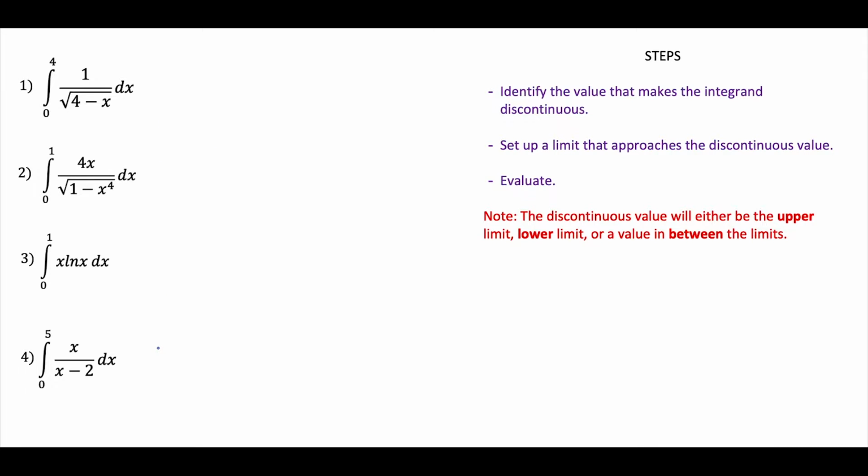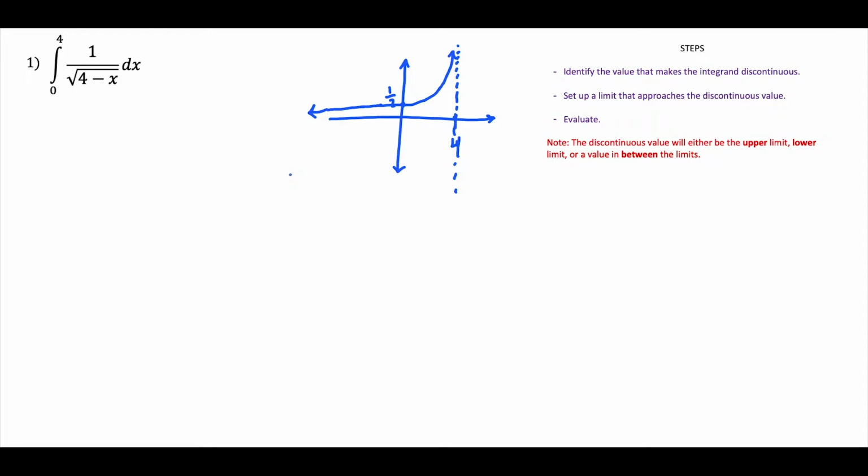So these are the 4 examples we're going to go through. Here's some notes to help us out, and let's get started. Okay, for this first question here, let's take a look at a sketch, and then we're going to go through